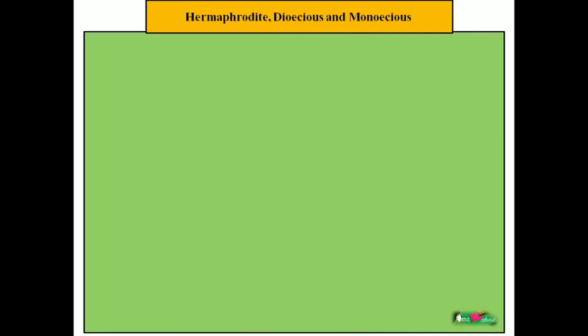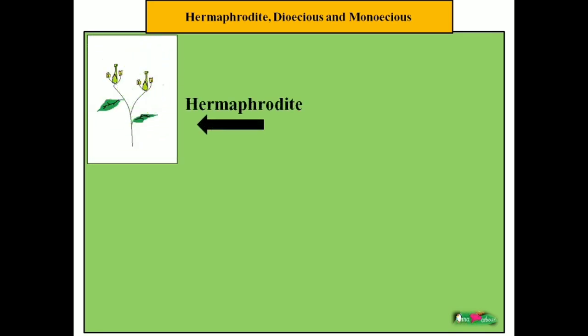Upcoming terms are very important from the flower morphology point of view. You can see here hermaphrodite, dioecious and monoecious. What are these? These are the basic sexuality of flowering plants. As you see here, a flower that has androecium, meaning stamen, and gynoecium, meaning pistil. I'm going to show you with the help of an arrow. This is androecium and this one is gynoecium.